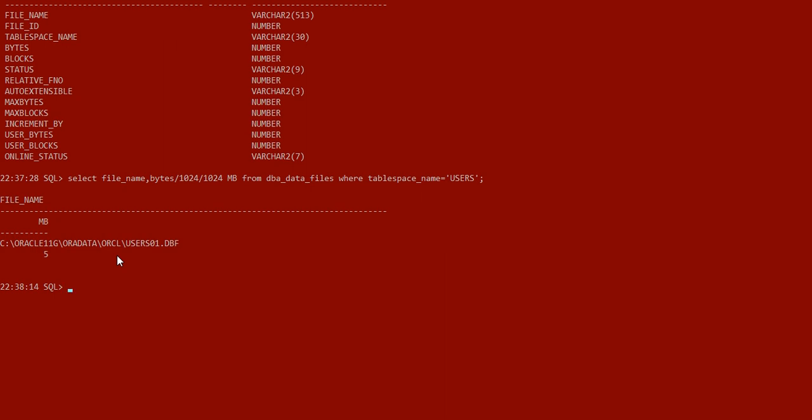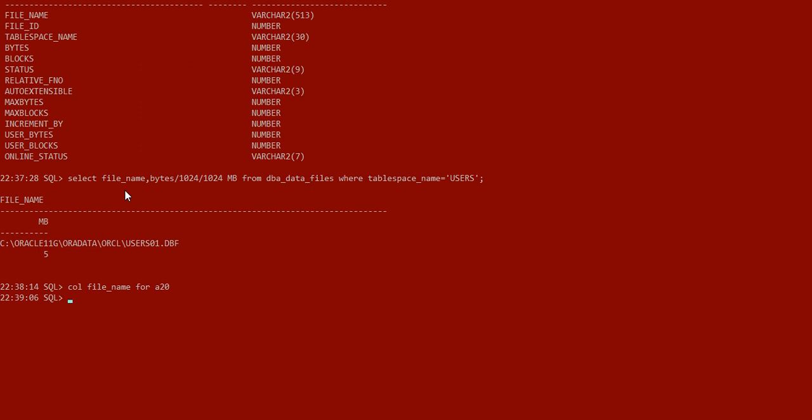So if we want to make it proper on the screen, we are going to use some good things which will help you in the future. We need to set the column size on the screen. For this, the syntax is col, then the column name, here file name, then set format, which is a keyword once again, A20. A20 is just a size here. Then col, no need to mention size for the bytes.